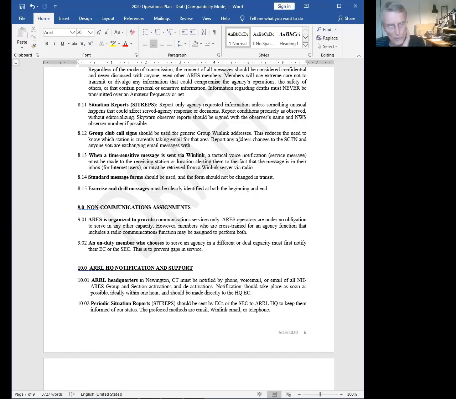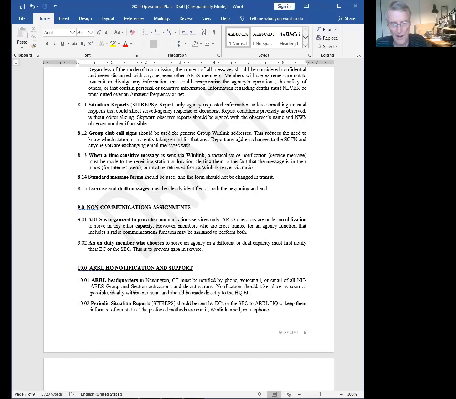There are other issues of WinLink that need to be thought about. One of the biggest problems has always been that there's a bottleneck. If you've got a whole bunch of different WinLink stations all trying to access a fairly limited number of remote stations to pick up email, the propagation is going to limit your access. There's only going to be a few that are within propagation range, and you could have a real traffic jam. So we need to think about that too.